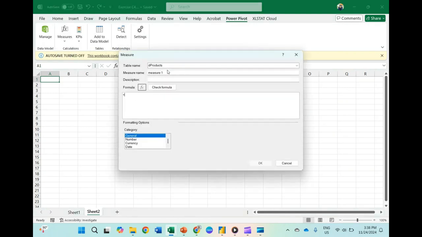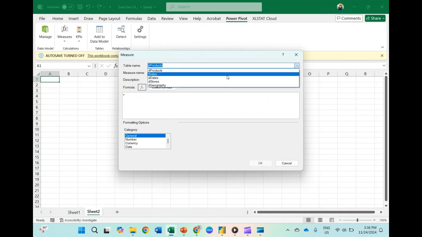In the sales table, make sure it is the correct table, and the name is percentage of grand total revenue.